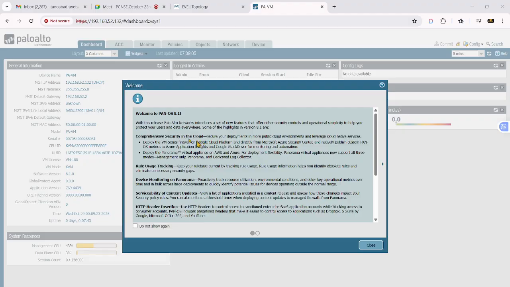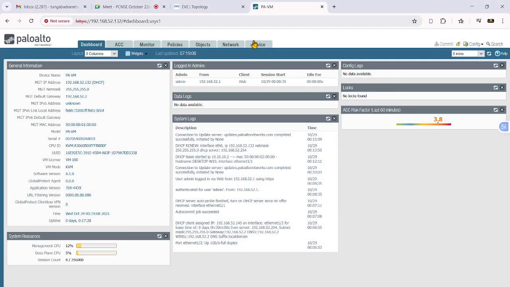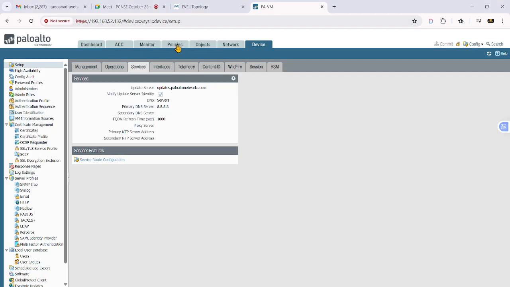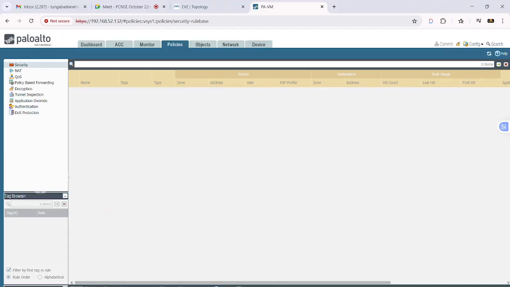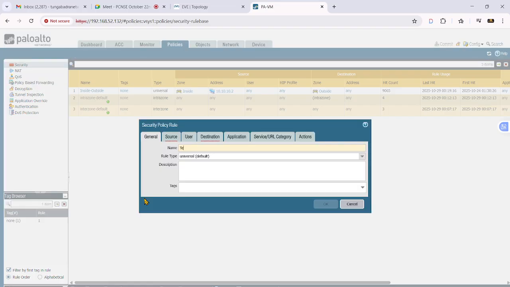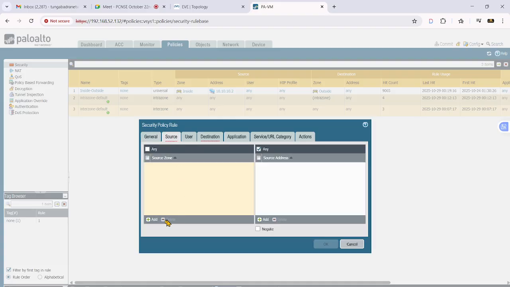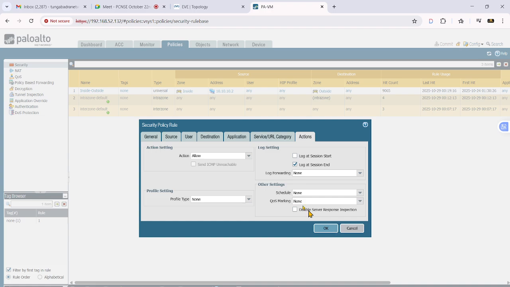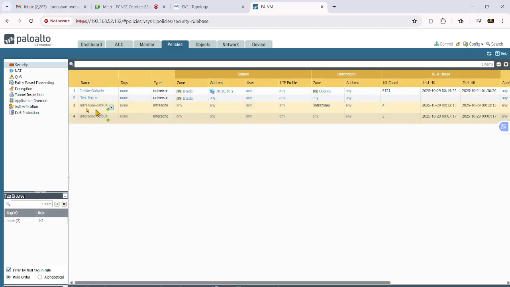If I want to show you that, see here, let me configure something. Let me configure one policy, a test policy. Let's make the source user inside, the destination any, and I will set the action to allow. So I created a test policy, since I had a requirement to create one. Then my changes are done.